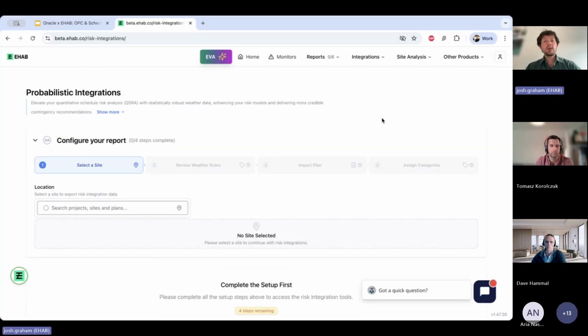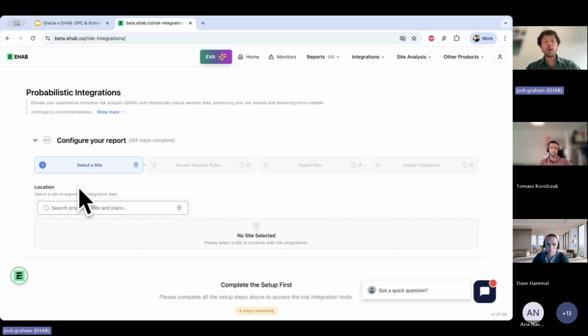And so what we tried to do in the software is make it as simple as possible for you to go through the steps that are necessary, because we totally understand people probably aren't going to be using this on a daily basis. So we've tried to design it so that if you are just coming back monthly or quarterly, you don't necessarily have to have serious knowledge of the system to be able to get through.